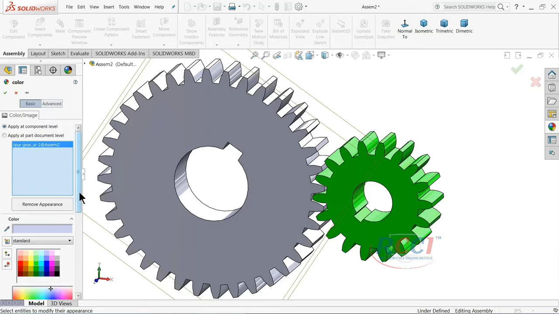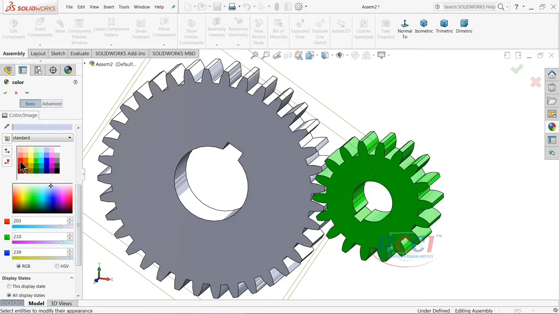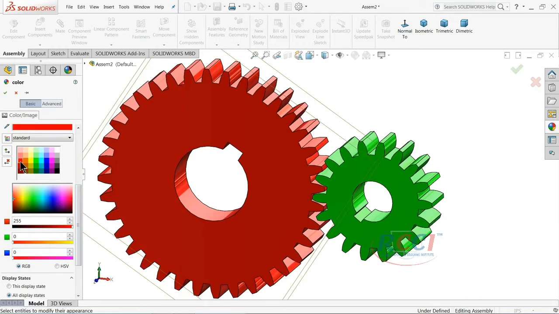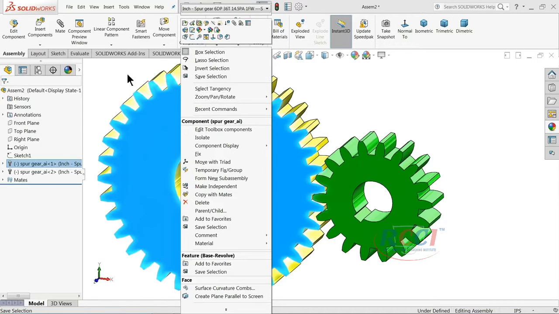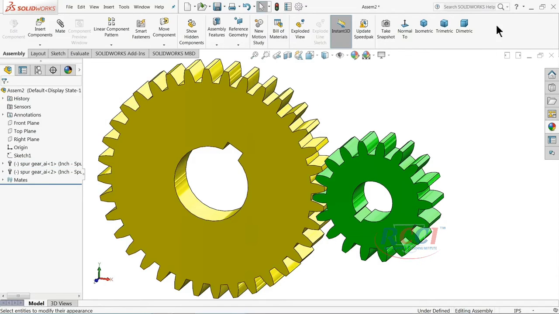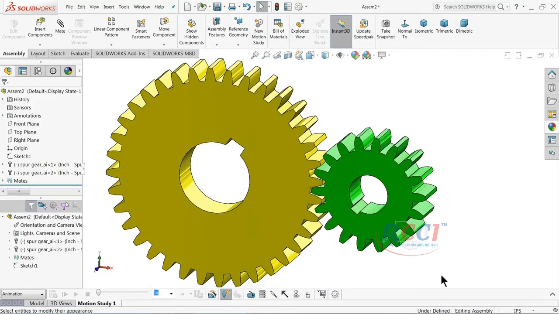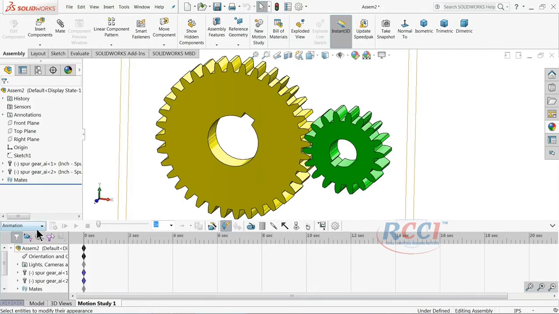Select this component, let's make it a little darker. That's fine. Right click, motion manager, go to motion study, select motion analysis,